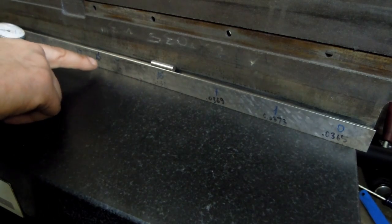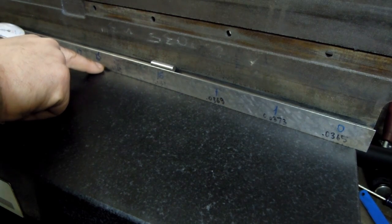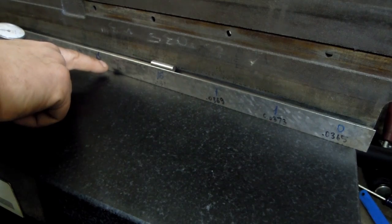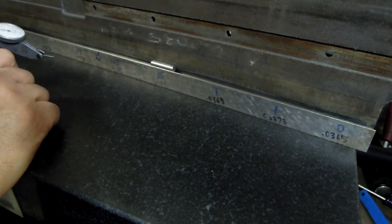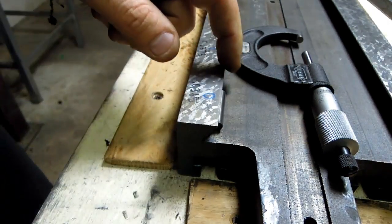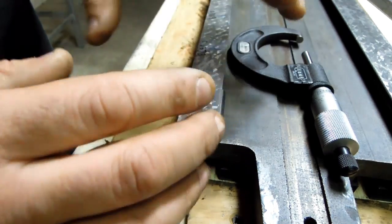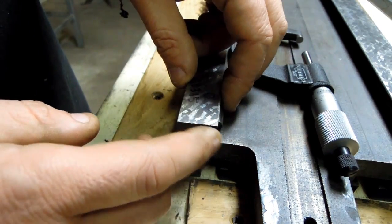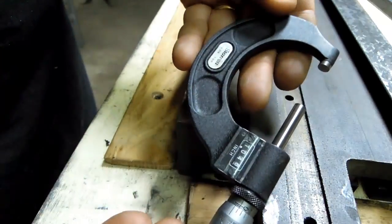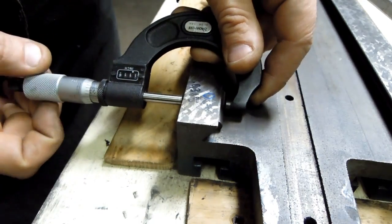So this turns out to be 1.5 thou, just a hair over, 1.6, something like that, in the center. I also double checked that with a micrometer reading. So in addition to the indicator reading from the surface plate that we just saw, I went in for a bit of a sanity check, taking as many measurements as I can to build some kind of confidence in what I'm actually seeing here. And here I'm just using a 1 to 2 inch micrometer over the same pin and just coming down carefully,